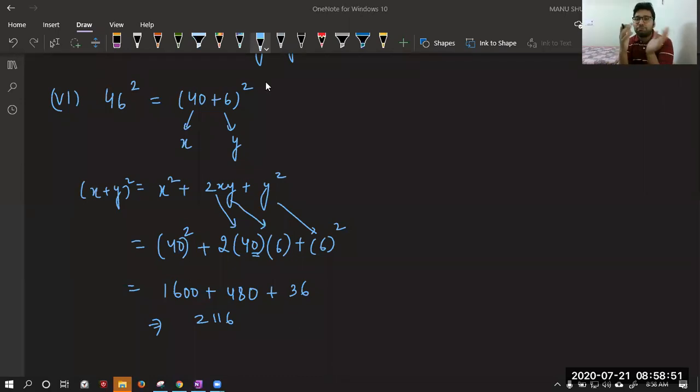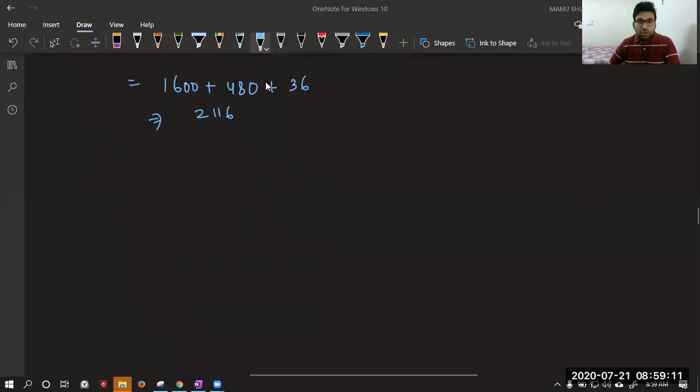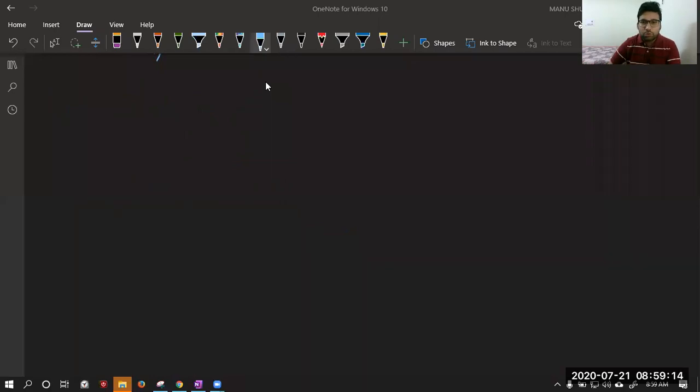Now, this gives me an opportunity to discuss one more formula. We have done the formula of (x plus y) whole square. We can do (x minus y) also. Can you tell me what is the formula of (x minus y) whole square? Try. Okay, no answer came till now. We have seen the formula of (x plus y) whole square. Similarly, we can find the formula of (x minus y) whole square. If you don't know, try it at your home. Make the formula on your own. It is very easy.